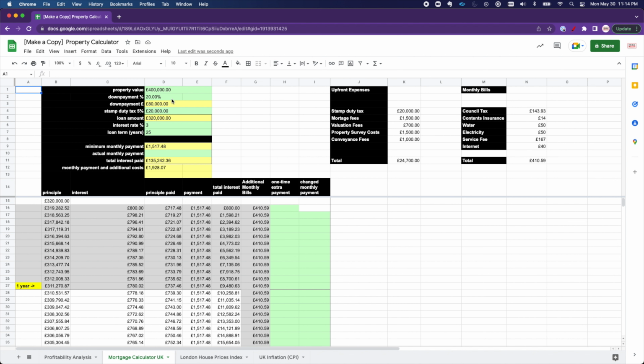Okay, from this spreadsheet here, I'm grabbing the interest, the monthly payments, the interest paid, and also I added some sections for the upfront expenses that we're going to see as well. So let's keep going here